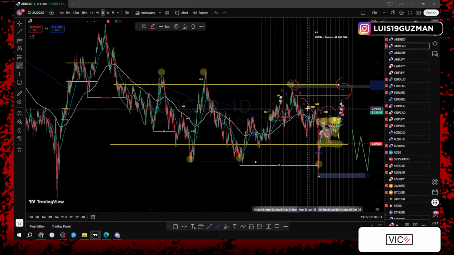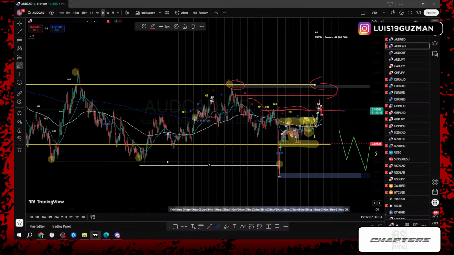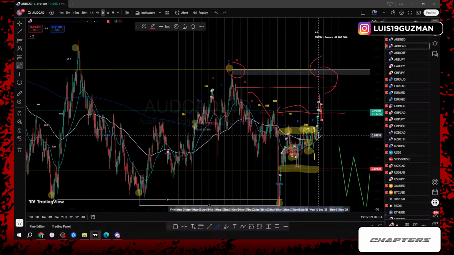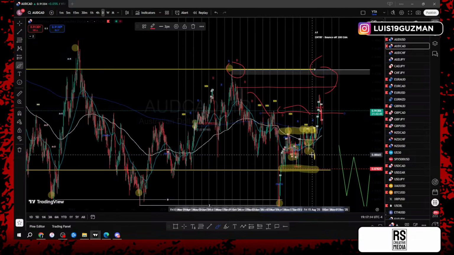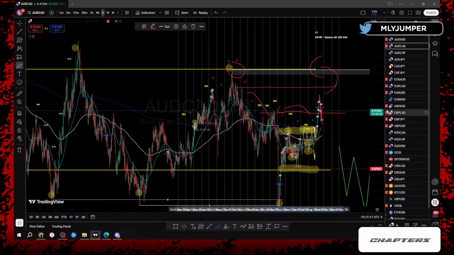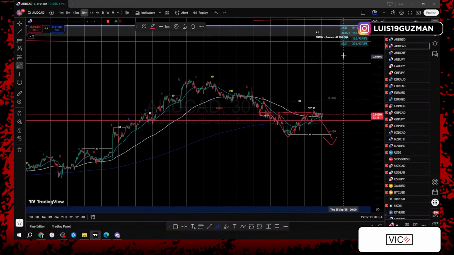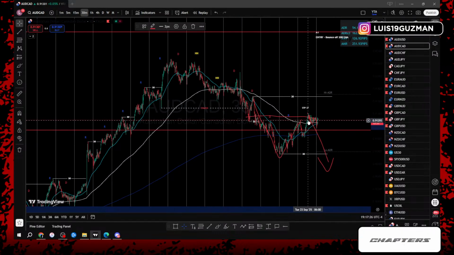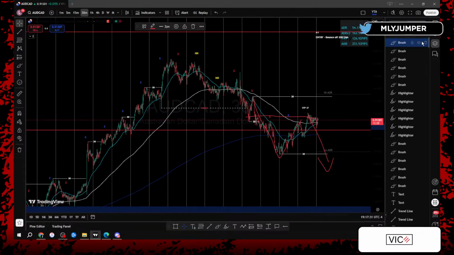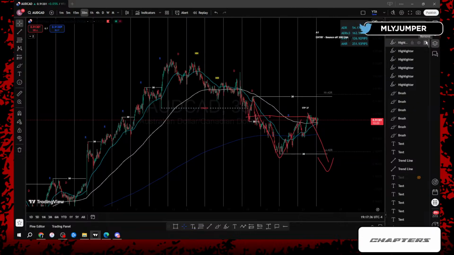So, just basing this off of structure and looking at the EMAs on the daily time frame too, the 50 is above the 200, the 50 is above the 800 EMA. It looks like we're uptrending. So sitting here and saying that, oh yeah, this is a good sell setup, is very detrimental, again, in my viewpoint of what I see right now on this chart. So I would rather be patient.